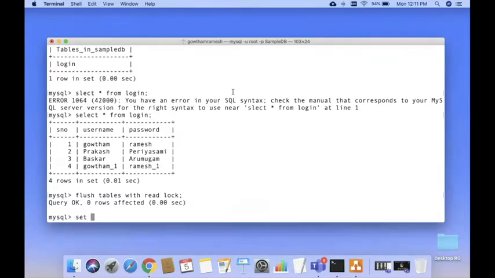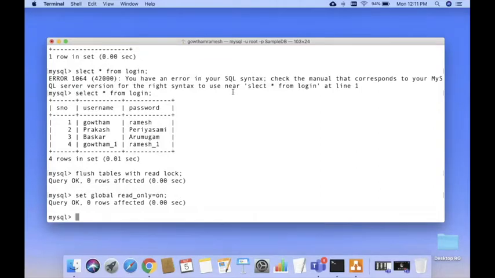Set global read_only equal to on. So what does this command do? Consider your database might sometimes be a slave database. If it happens to be a slave database, then the server can overrule all the constraints you mentioned on the database.